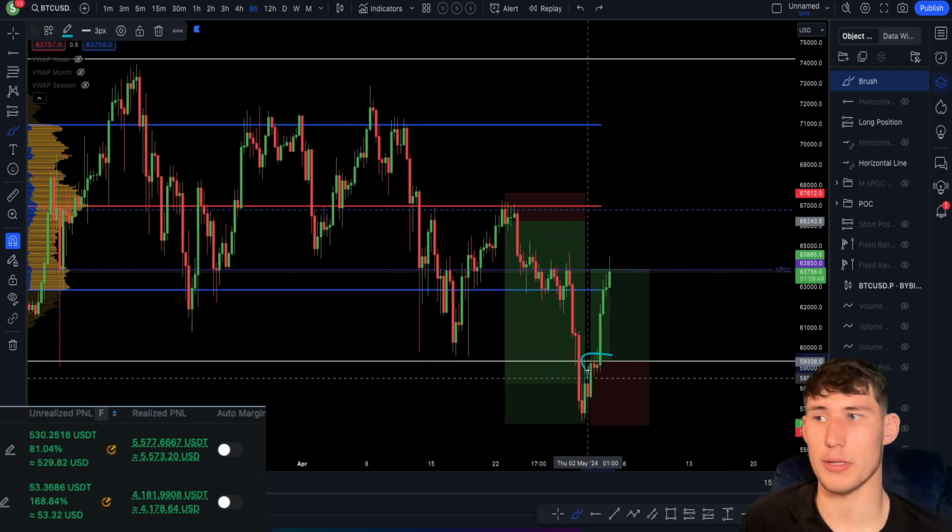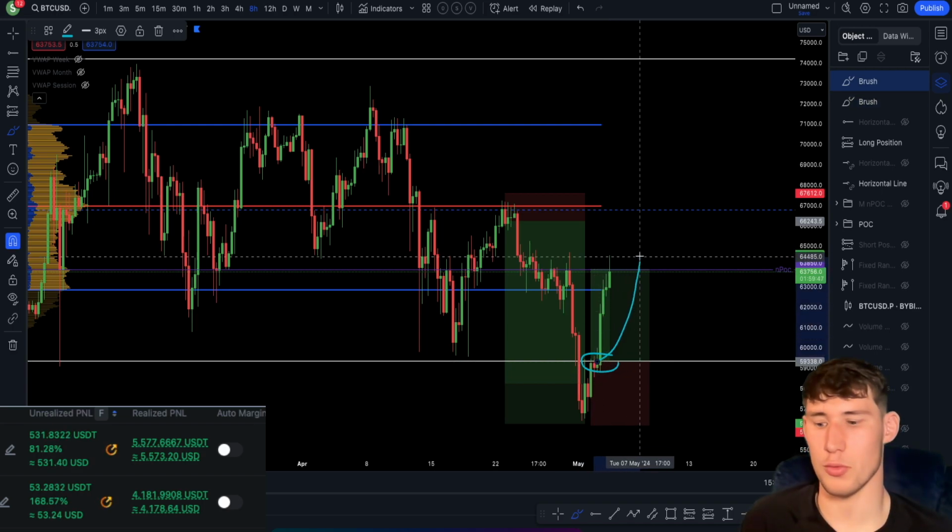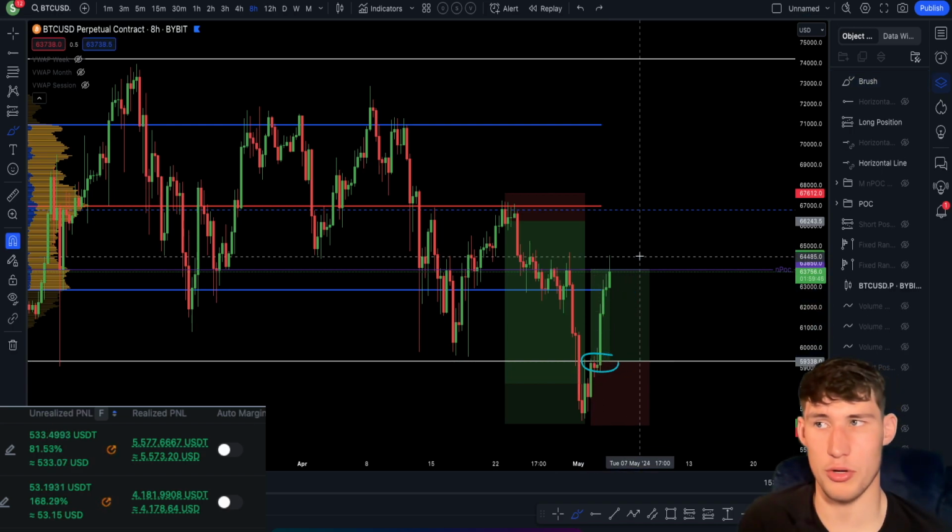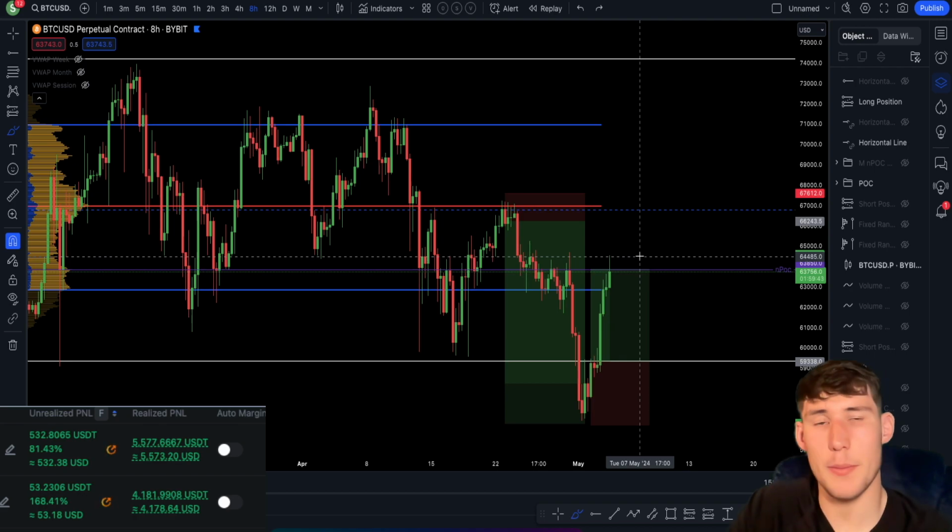So yeah, right now is just sort of being patient, right? We've entered into the long down here. We've had a really nice rise towards the upside. We've taken profit off of the long trade. We've moved that stop loss to entry. It's a completely risk-free trade. So right now we have to remain patient.